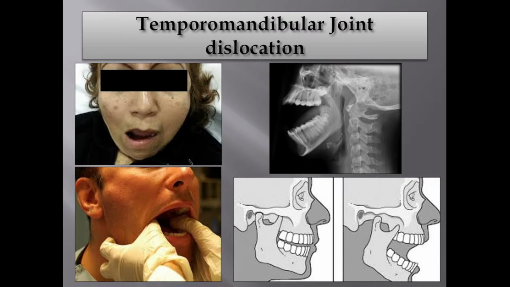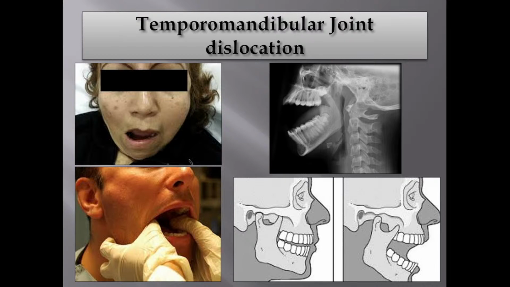Most commonly, reduction of temporomandibular joint dislocation is performed via the intraoral route. And you can see this reduction in the photo on this slide. To prevent trauma, the doctor's fingers should be gloved, with thick gauze taped securely on both thumbs. To ensure adequate leverage, the patient should be positioned so that the mandible is below the level of the physician's